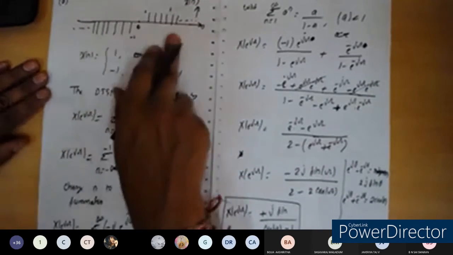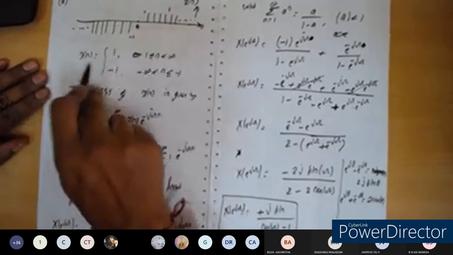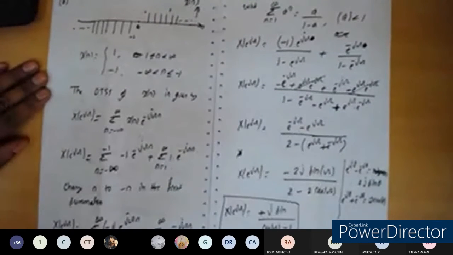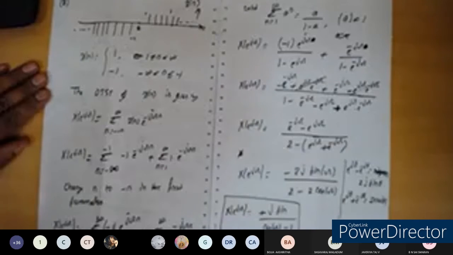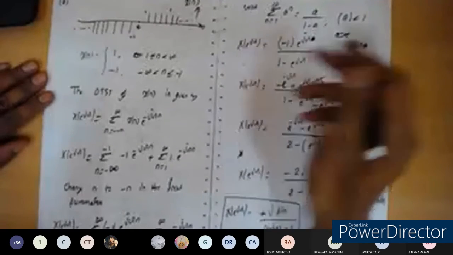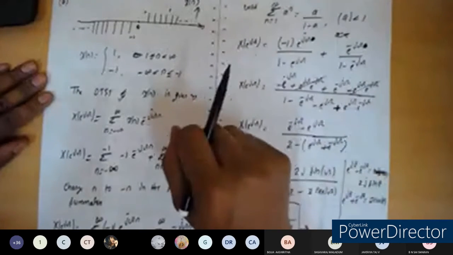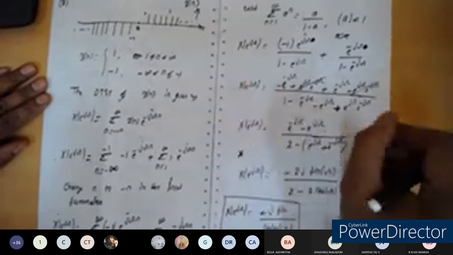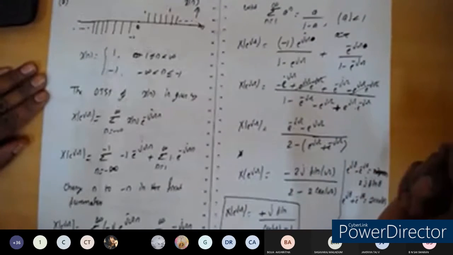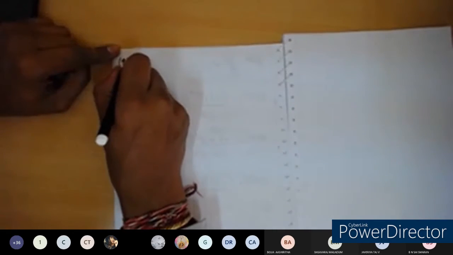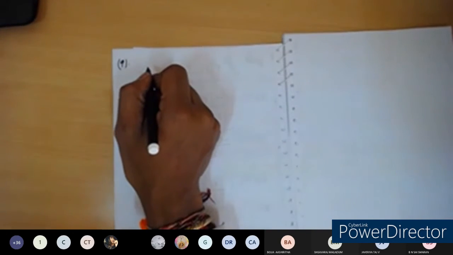Whatever complicated problem is given, just simplify it into a simplified form which we know, then substitute in the formula, split accordingly and evaluate as per the formulas. That's why I'm telling you, make a list of the formulas at the end of your notebook, so that you can recall those formulas when solving the problems in the exam. It will be easy for you to score the marks and cover the time. You will not feel that the time is insufficient for solving the problems. So remember the formulas and make a note of them at the end of the notebook. That's a good practice in any mathematical subject, whether it is mathematics, signals and systems, or control systems.